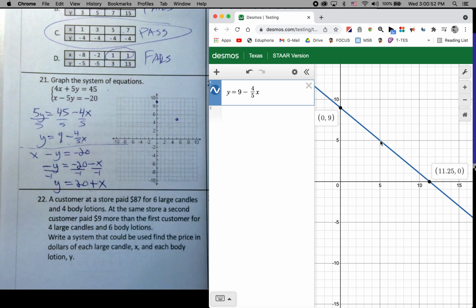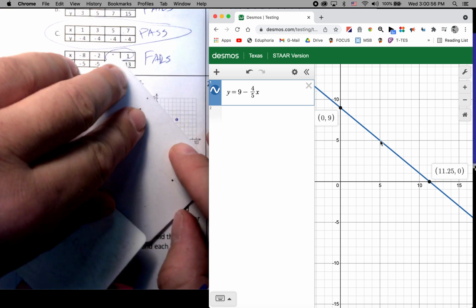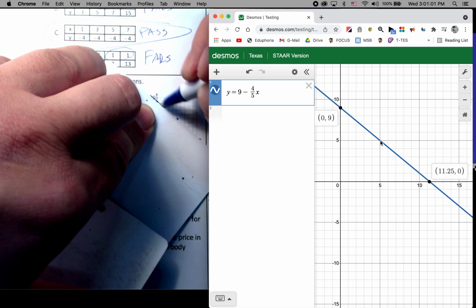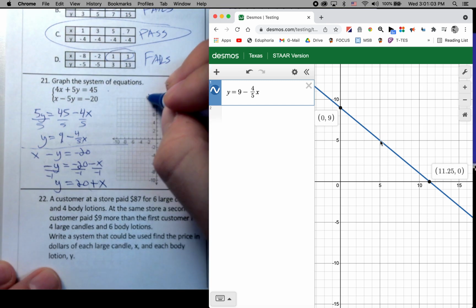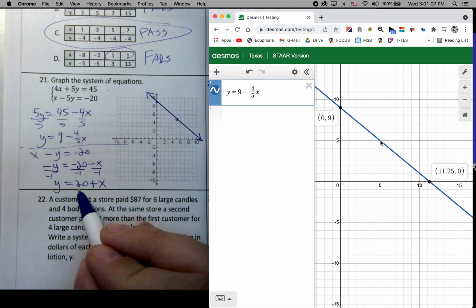Once you have 2 points, you just take a straight edge and graph it. Okay, so I'm going to take a straight edge, my ID, which you should all have your IDs on. Yes, Mr. Fee, we totally have our IDs on. All right, and then this other one says 20 plus x. Well, I don't really have a